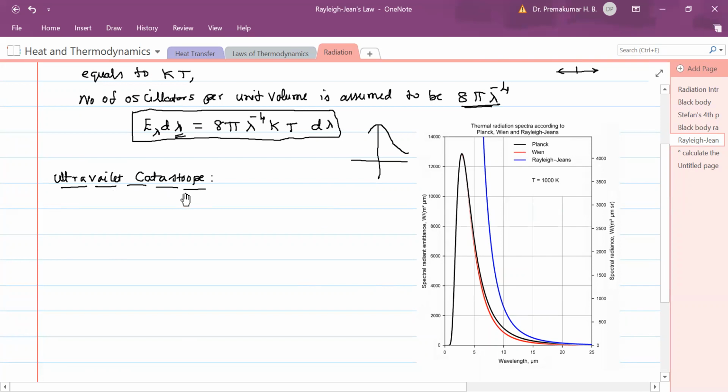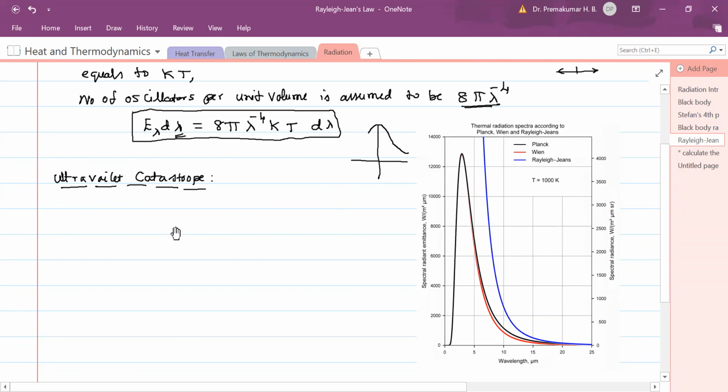So, even Rayleigh-Jeans failed in explaining the black body radiation curve. Wien's also failed, Rayleigh-Jeans also failed, each with a different theory. Maybe if we club these two equations somehow, those equations could explain the black body radiation curve. But we can't join these equations because they were arrived at depending on completely different assumptions, so these two cannot be joined.